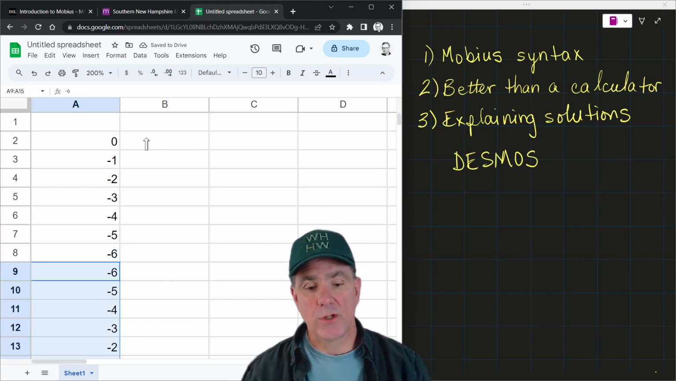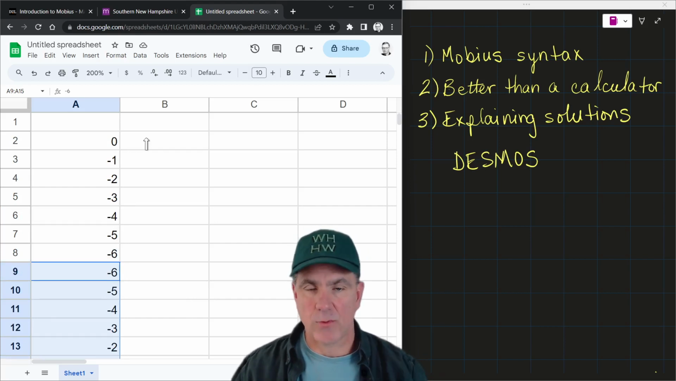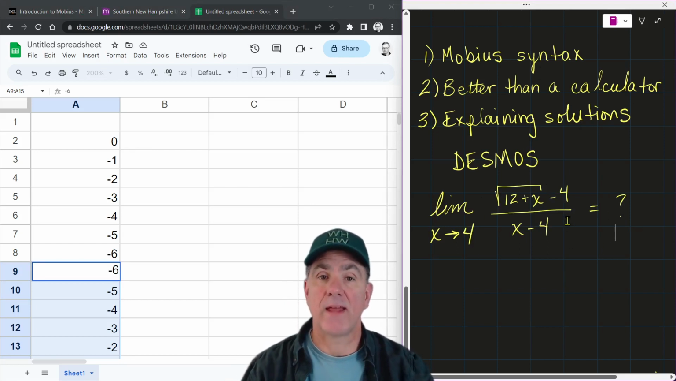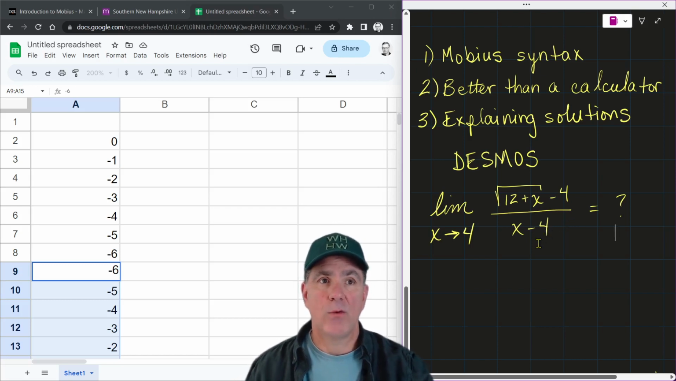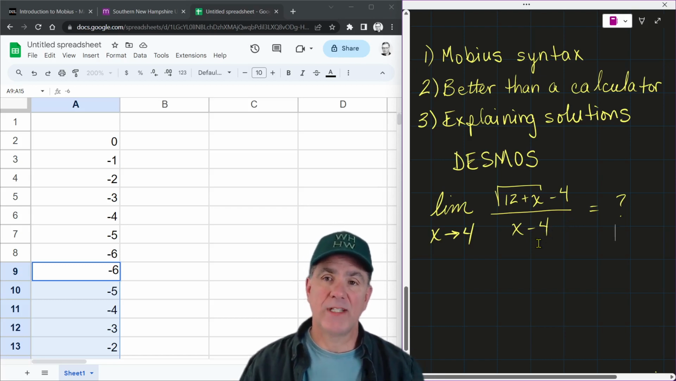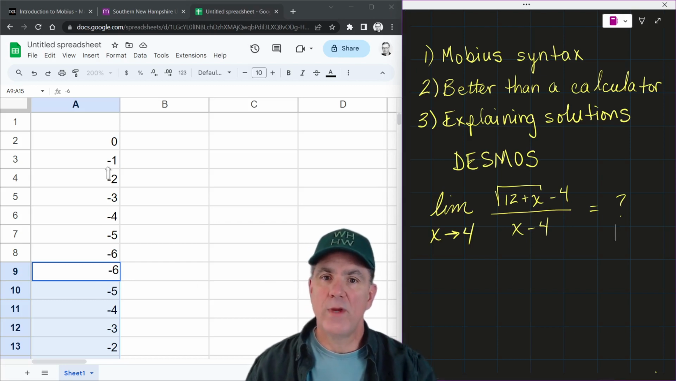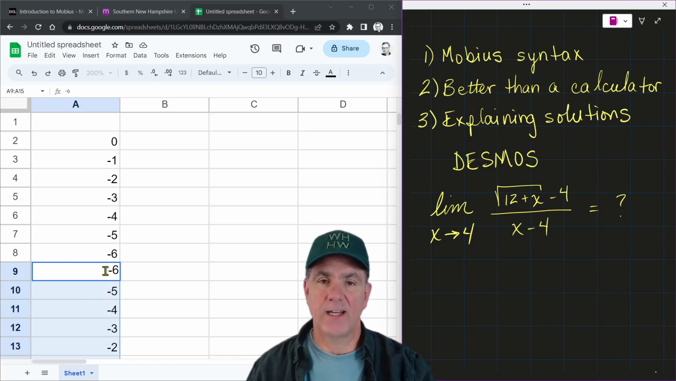And what we're going to do is solve a particular problem. Let me write it down. So what we have right here is a typical problem for the first couple of weeks here in Math 225. And what we want to do is take a look at what happens as x approaches 4. So one way that we could use this stack of numbers, which of course is not going to be very effective, would be